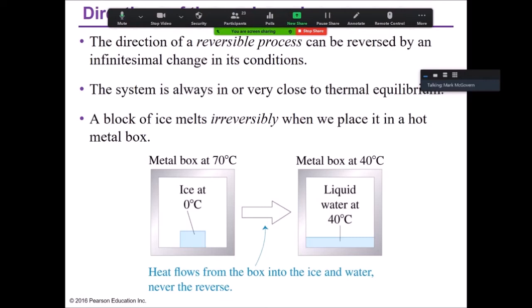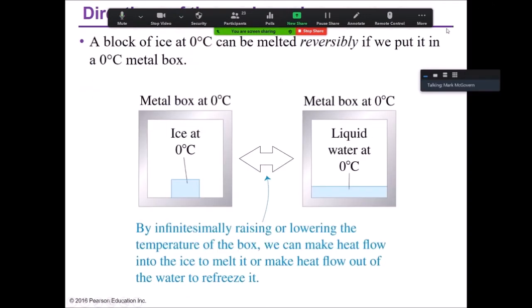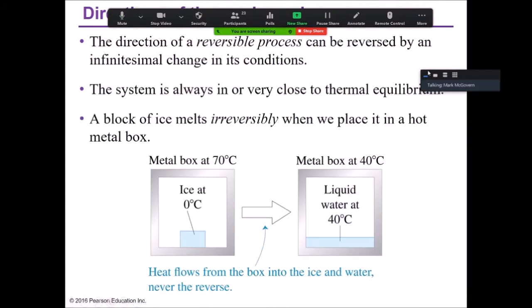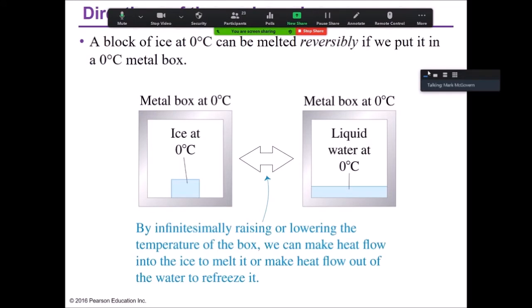Whereas you can't do that in an irreversible process. You can't perform a little action and get it back to the original state, because it would require ultimately heat to flow from, well, heat normally flows from hot to cold. You have to reverse that, and it's not something that you can do because the metal box was at 70, now it's at 40. Well, you're not going to get that metal box back up to 70 unless you have some external thing to do that. That energy cannot be extracted purely from the water that now has attained this higher temperature. All right. But this one is reversible because the temperature is the same. That's the idea. Okay.